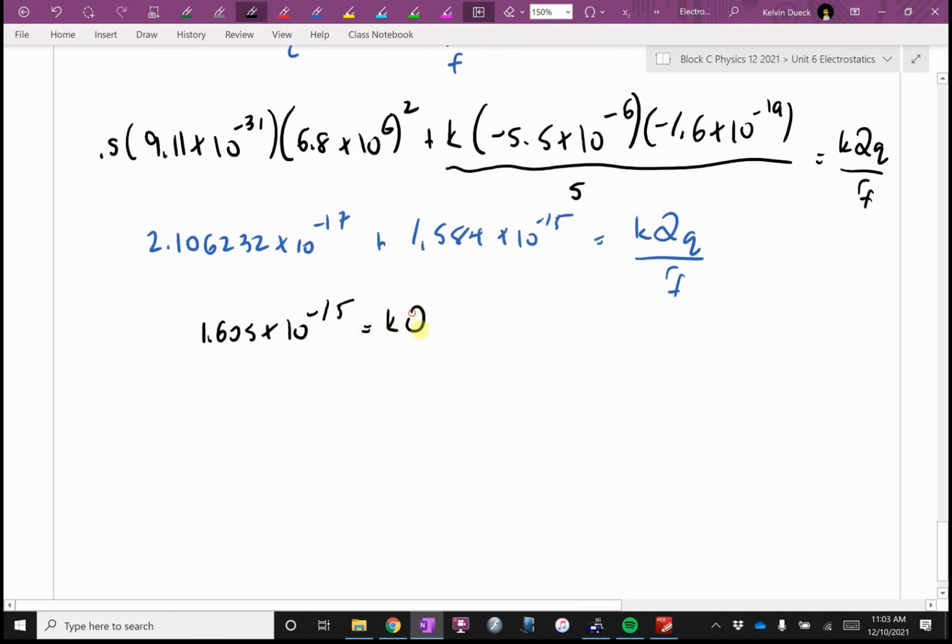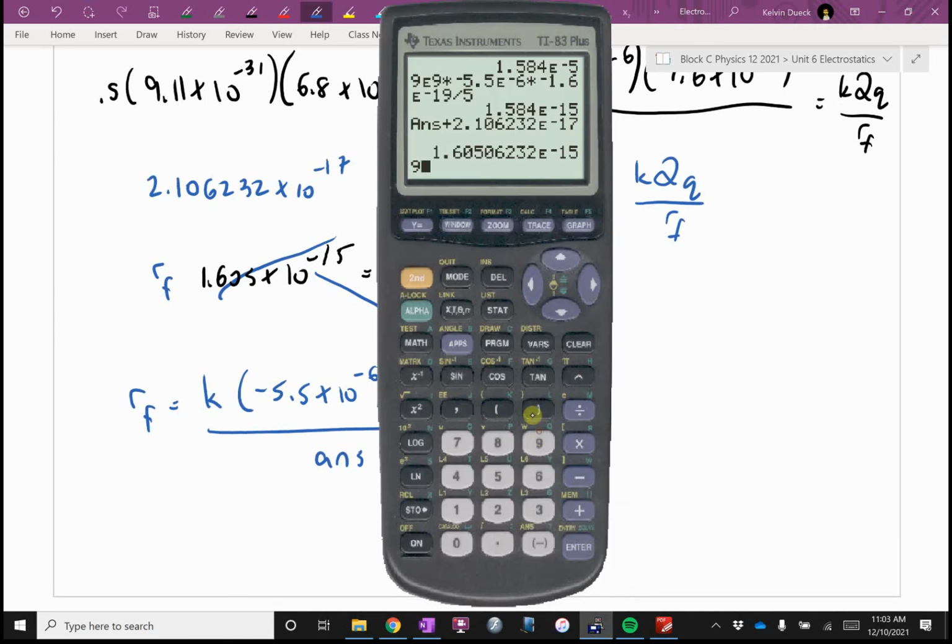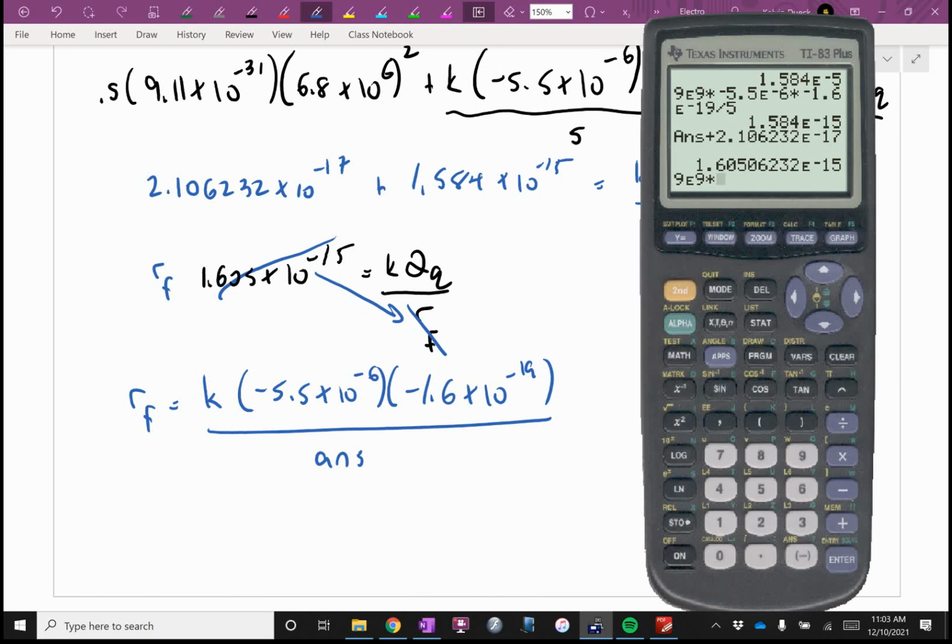That equals K, big Q, little q, over R final. Stuff moves diagonally. I'll get R final is K, big Q, negative 5.5 times 10 to the negative 6, little q, negative 1.6 times 10 to the negative 19, all over answer button. Here we go. K, big Q, little q, divided by answer button. I'm going to check carefully for typos because I don't have a second crack at this. I think that looks good. Do y'all get